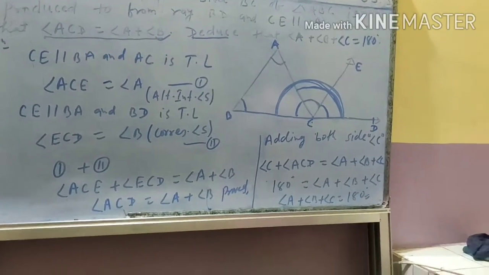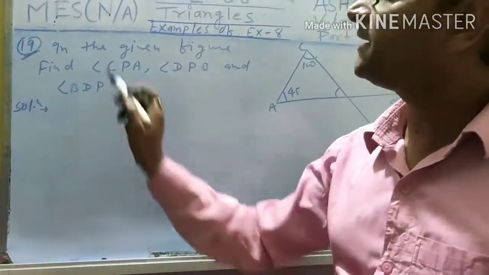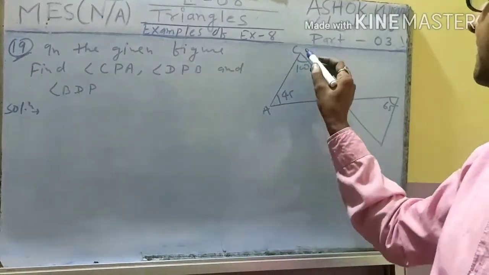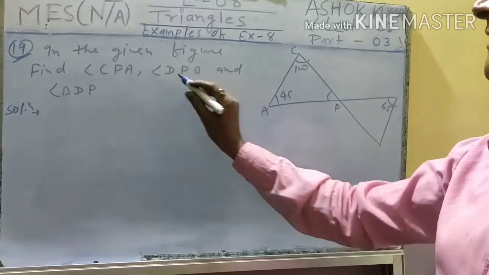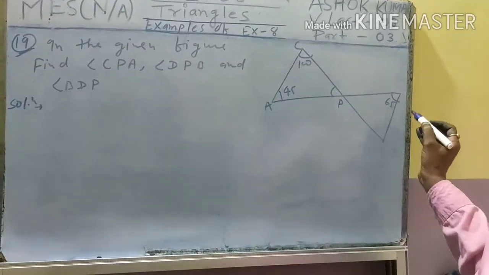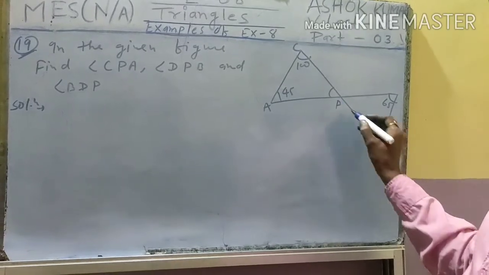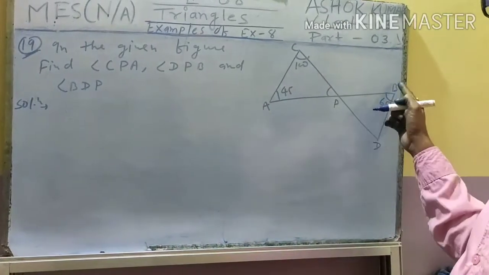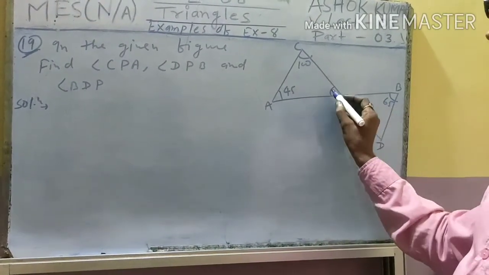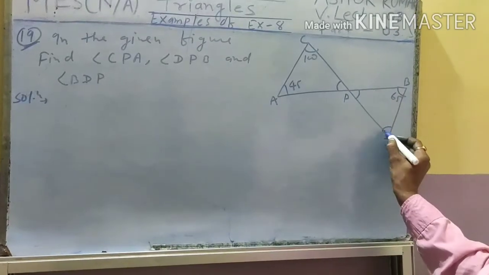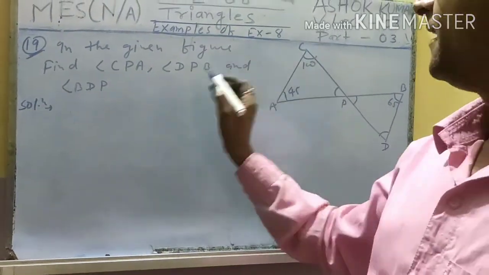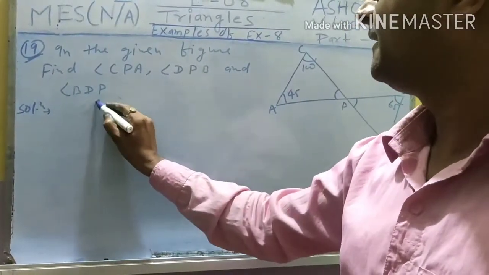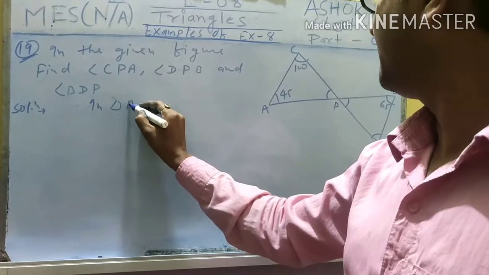The next question is question number 19, the last question student. In the given figure, this figure is given here, find angle CPA and DPB, and angle BDP. That means you have to find this angle and this angle. Very easy question student. First of all you have to write the triangle. In triangle APC,